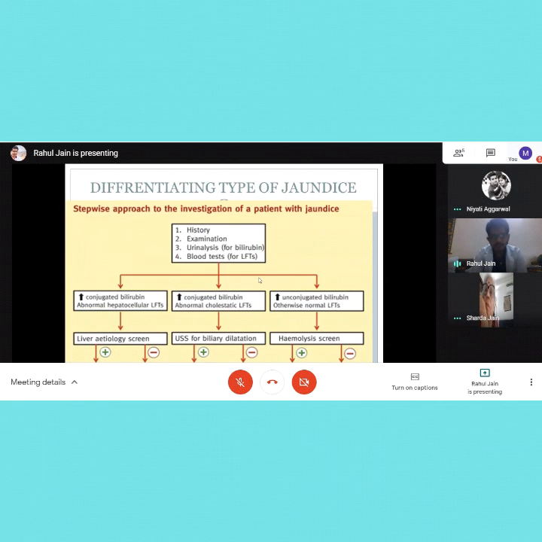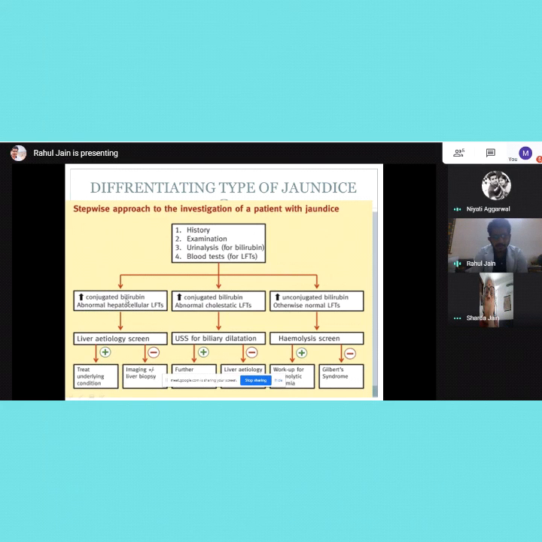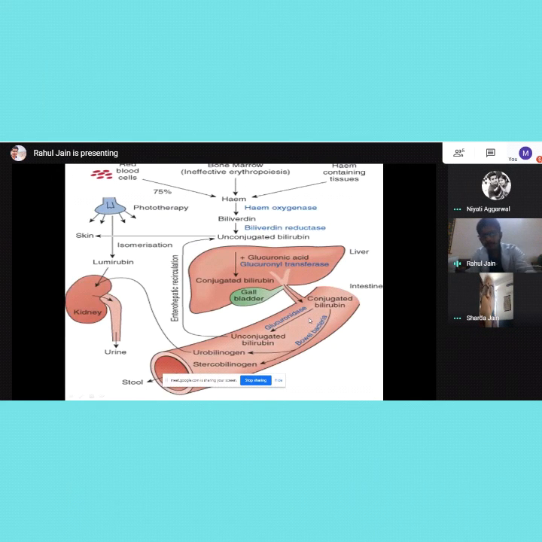So yes, again revision. History, examination, and blood tests we will do when we are trying to differentiate the type of jaundice. When we are talking about hemolytic jaundice, it will be associated with anemia, since there is hemolysis of the blood, and then there will only be an unconjugated bilirubin rise. So first, pre-hepatic jaundice: only unconjugated bilirubin will rise, and there will be normal LFTs. That should give me a suspicion of hemolysis, and I should work up for hemolytic anemia. So this was the first thing, pre-hepatic jaundice.